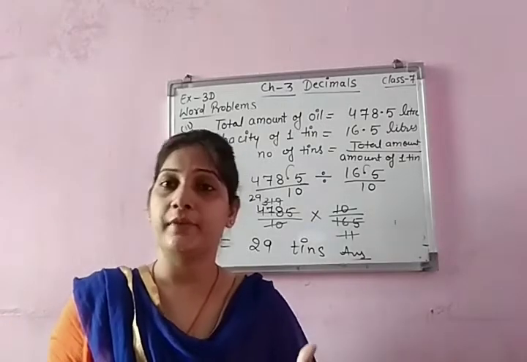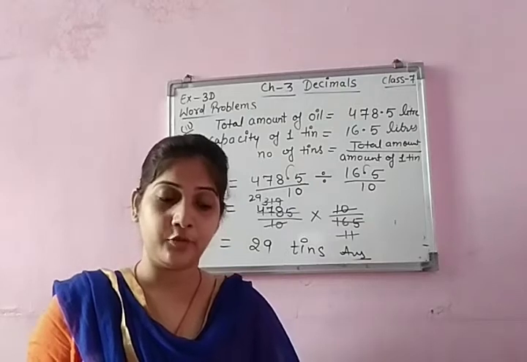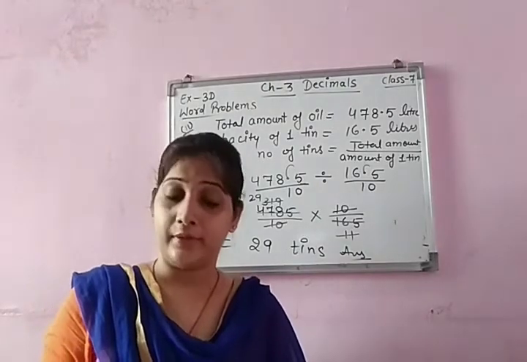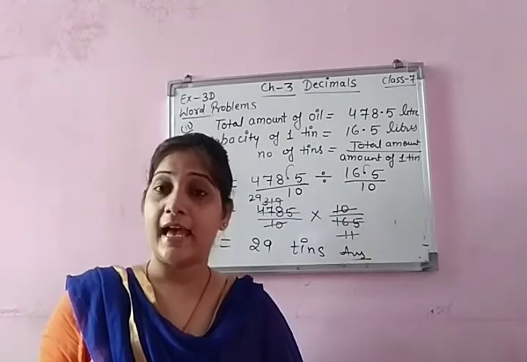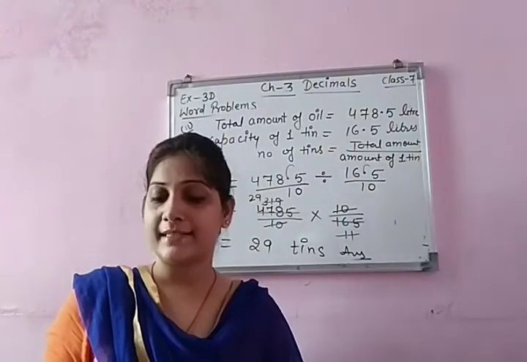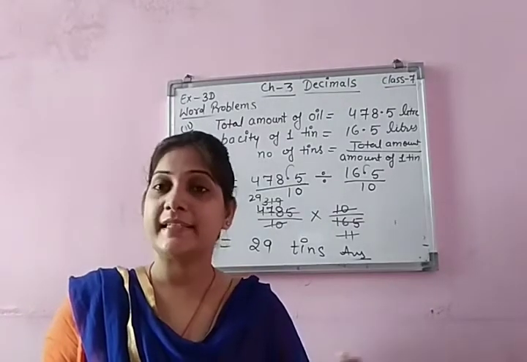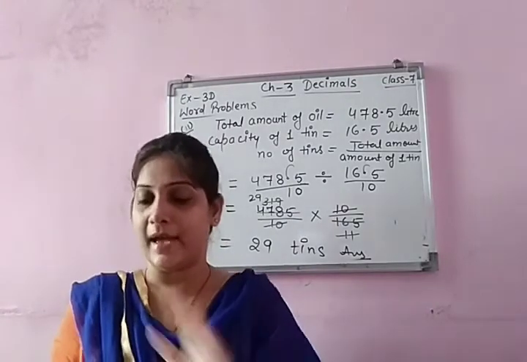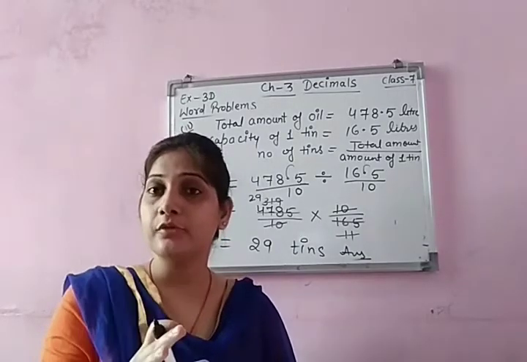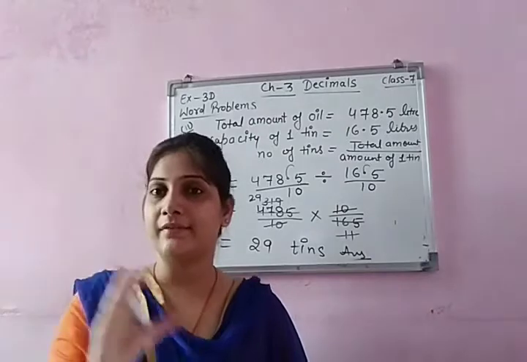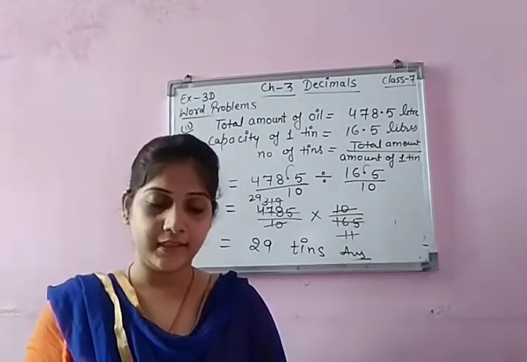Now, question number 12 and 13, you need to solve yourself. I am explaining you the weight of question number 12. The weight of 37 bags of sugar is given and all the bags are equally weight. It means it is not that some bag has more weight and some less. It is equally balanced. So, what is the weight of each bag? If you know the weight of 37 bag, can we find the weight of one bag? Yes. So, do it yourself.